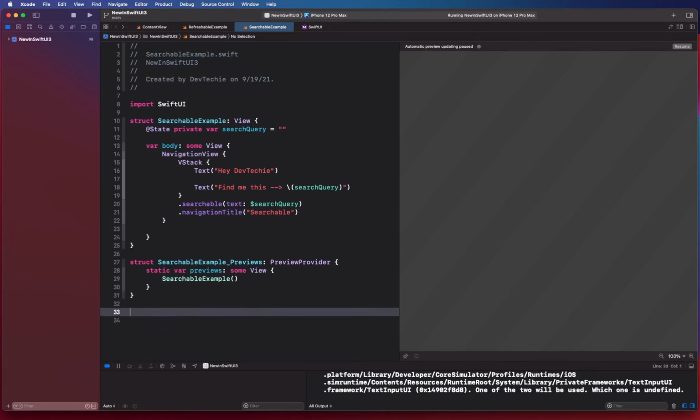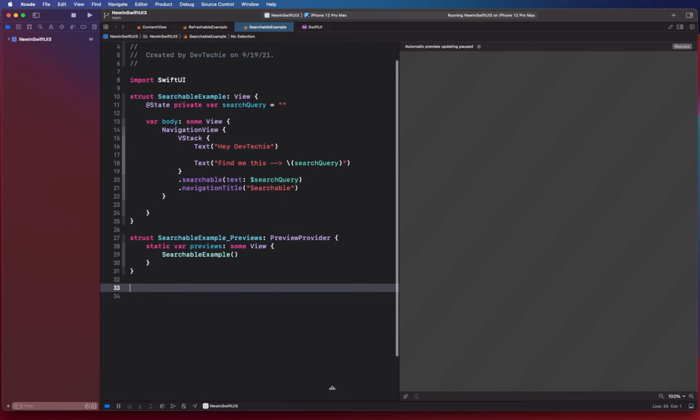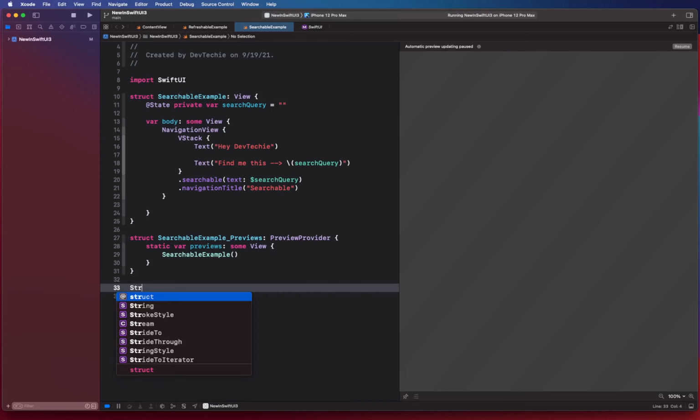So what I'm going to do is first, we're going to create a course model. Okay, so this is what our course model is going to look like. And I'm going to use the same file just to keep everything in a single file, but you can actually divide this into multiple files. So we're going to create a struct